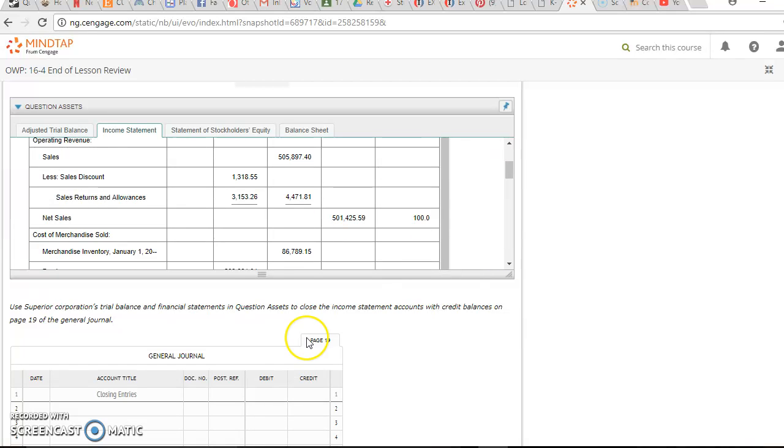So we're going to post, to close that, because they have credit balances, we need to debit them, okay? So we have the date, which would be the end of the year. We're journalizing them now. So we're going to debit sales 505,897 here. So whatever their balances are at the end of the fiscal period, we're going to